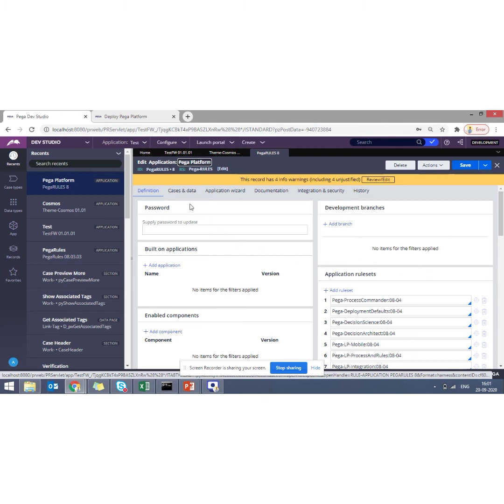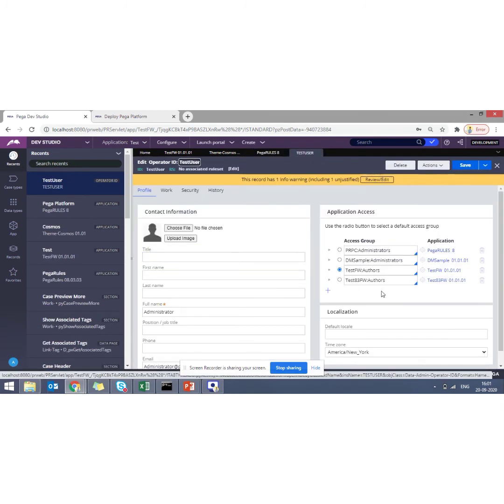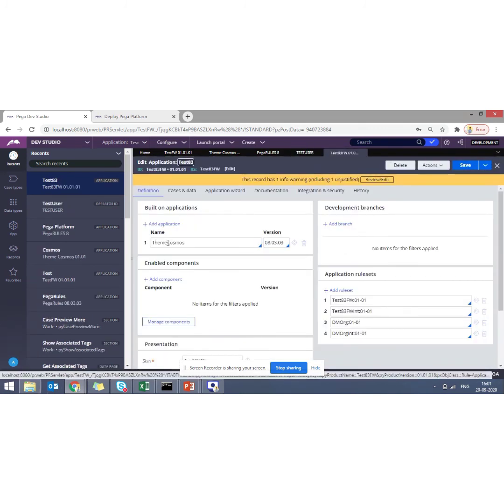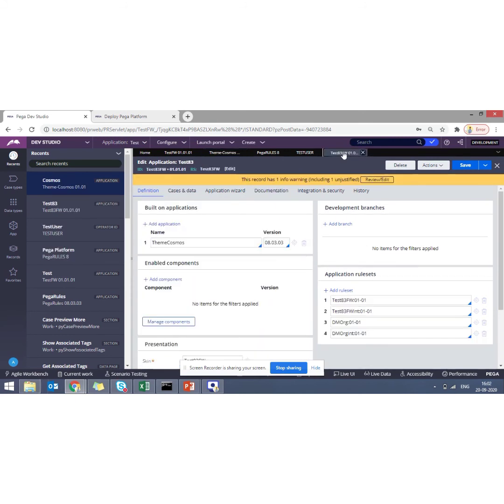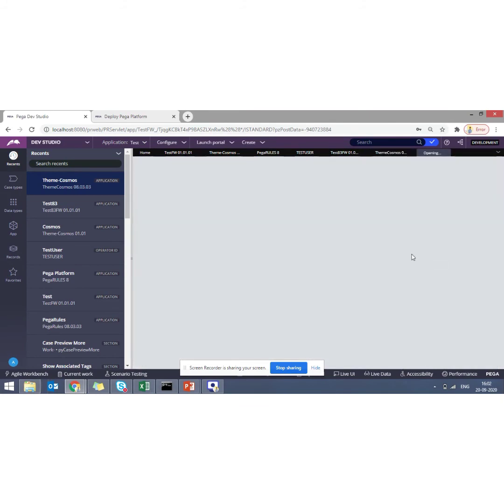Now I'm coming to my customized 8.33. I'm just opening how that application is built. So I'm opening the 8.3 application, test 8.3 FW. This one has a theme Cosmos, and I have created an 8.33 version because the Pega theme Cosmos is password protected. We will not be able to update Pega's applications, so we have to create new ones, which is the 8.33 I have created. If I open that, it is tagged to Pega Rules 8.33. This is also a new one which I created. It is theme Cosmos, same thing. And then I open Pega Rules 8.33.